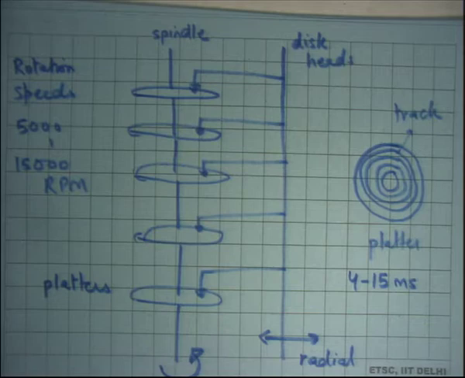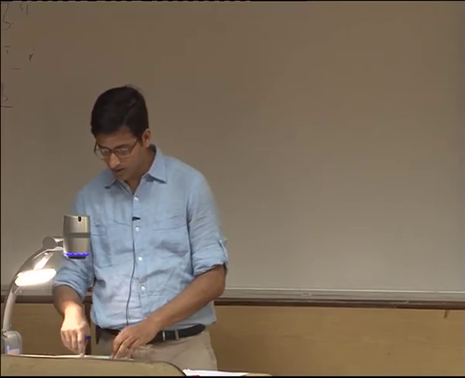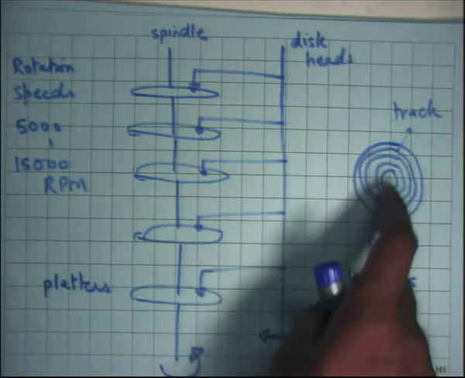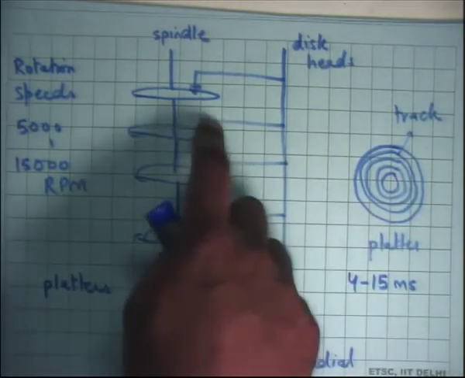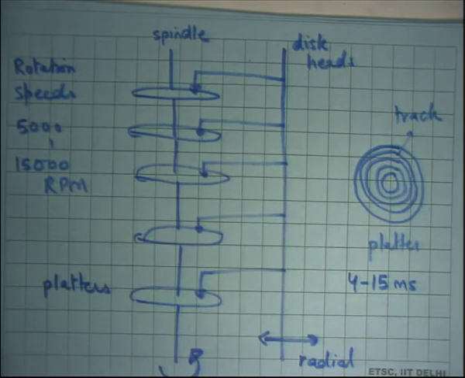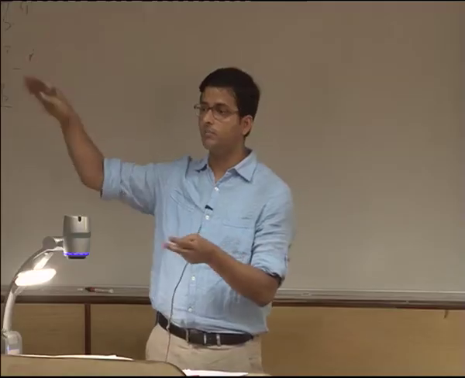Okay. So let's say I make a request to the disk. I say I want to access disk block number X. Then it will figure out that X lives on this platter, on this track, and at this offset. And so it will first position the disk head at that particular track. And because the disk is rotating, eventually it will reach X, and as soon as it reaches X, it's going to start reading off data from there. And then once it reads off the data, it just puts it in some buffer.